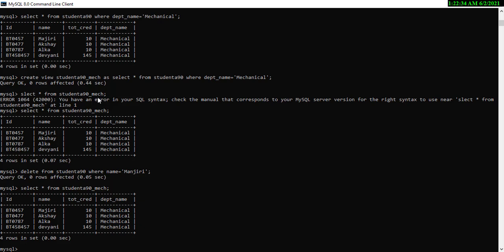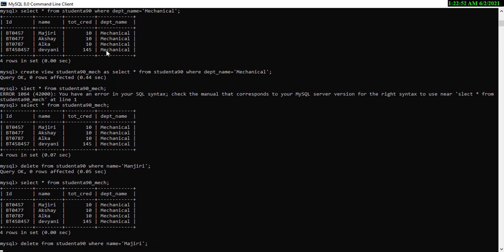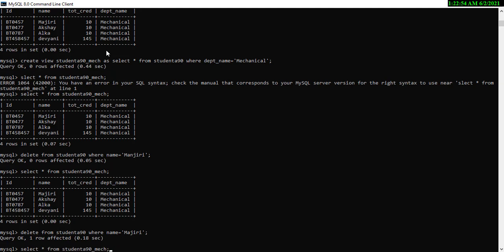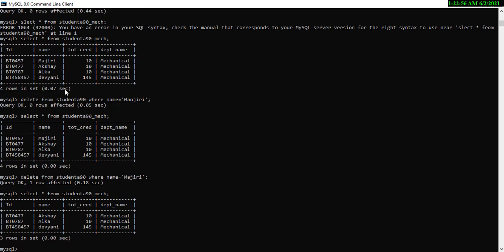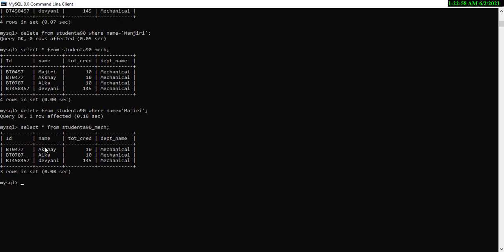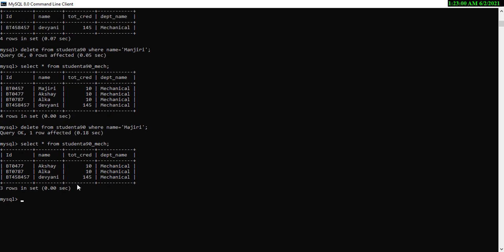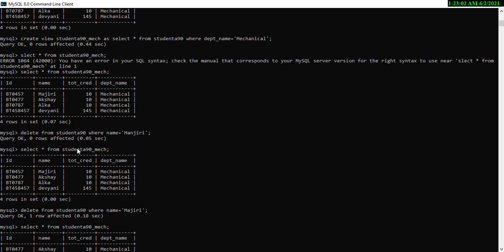Okay, the value is not deleted, because the spelling of Manjiri is wrong. One row is affected. Now I can see that from the view also the value is deleted. So automatically it is getting deleted when I am deleting from the parent table.